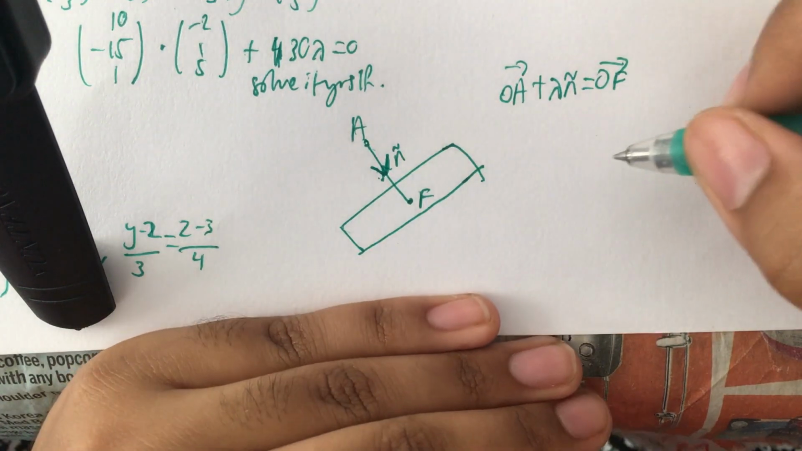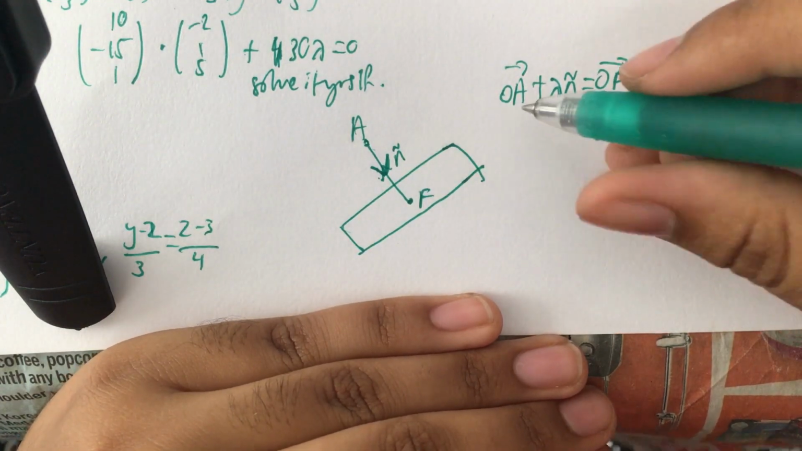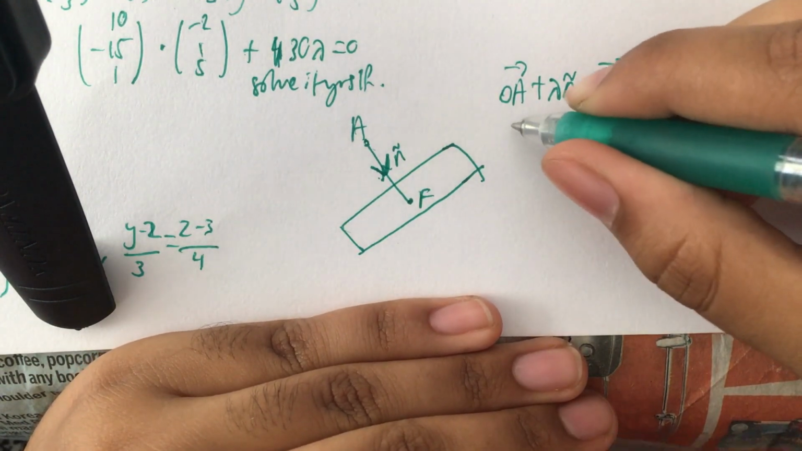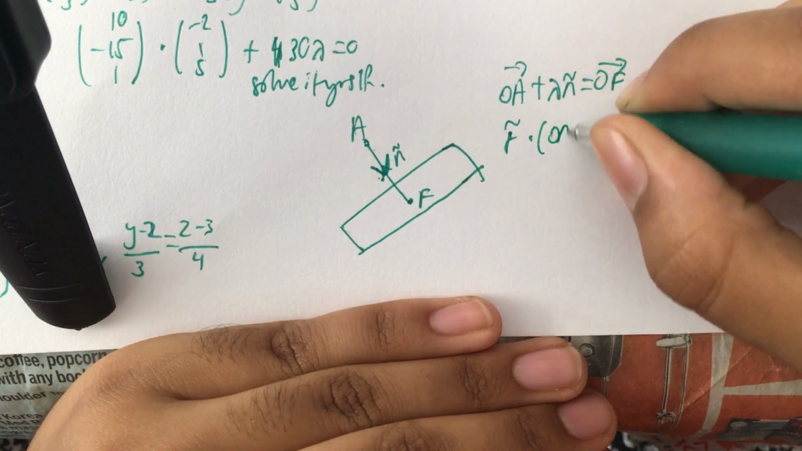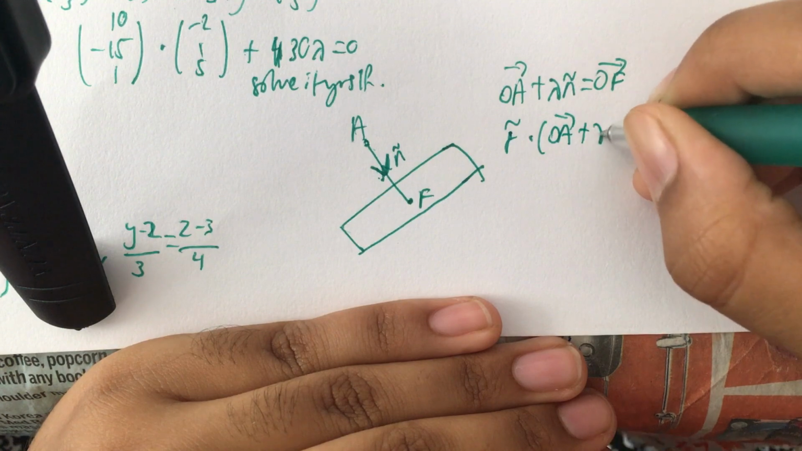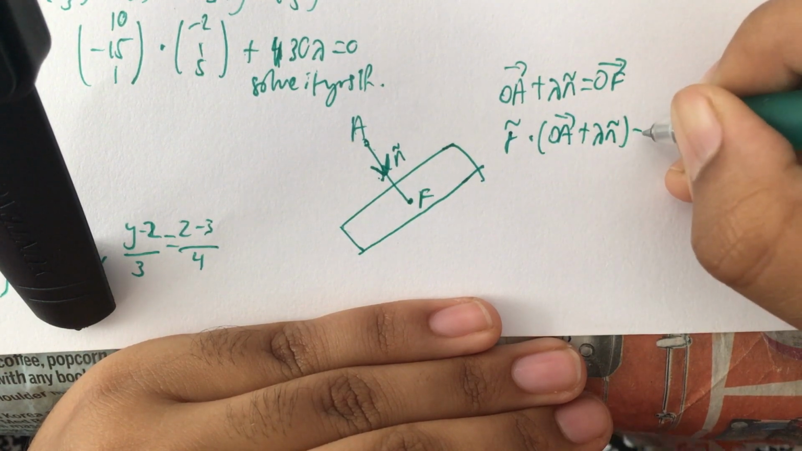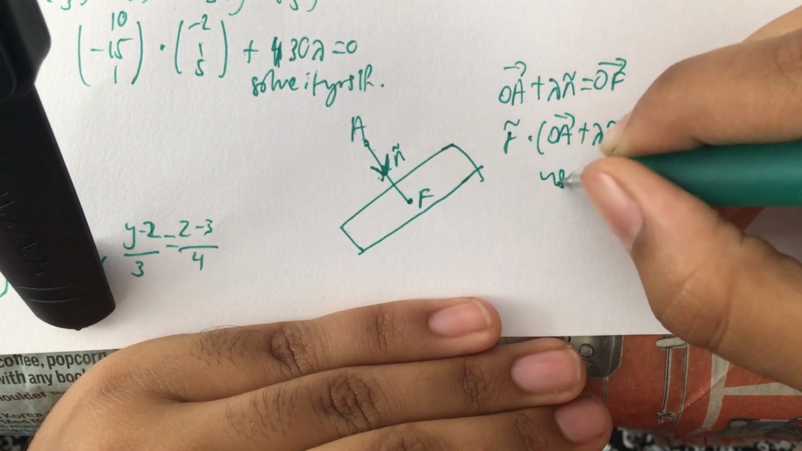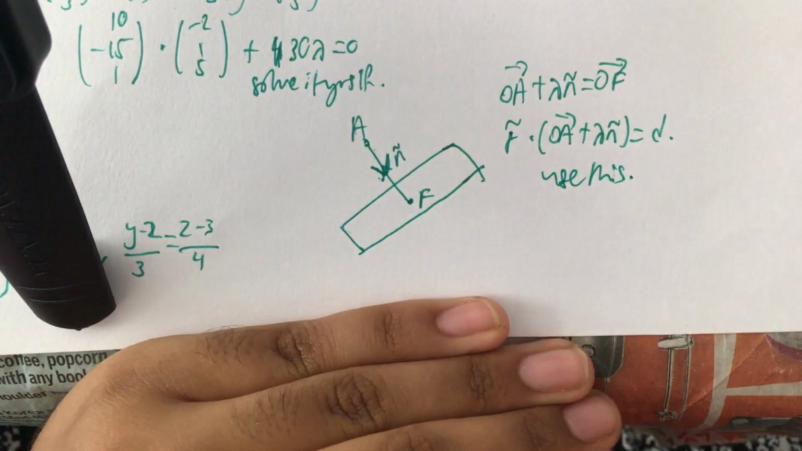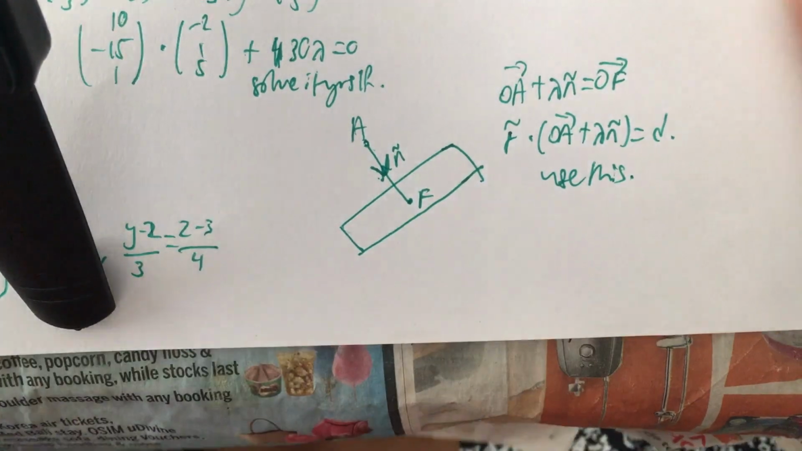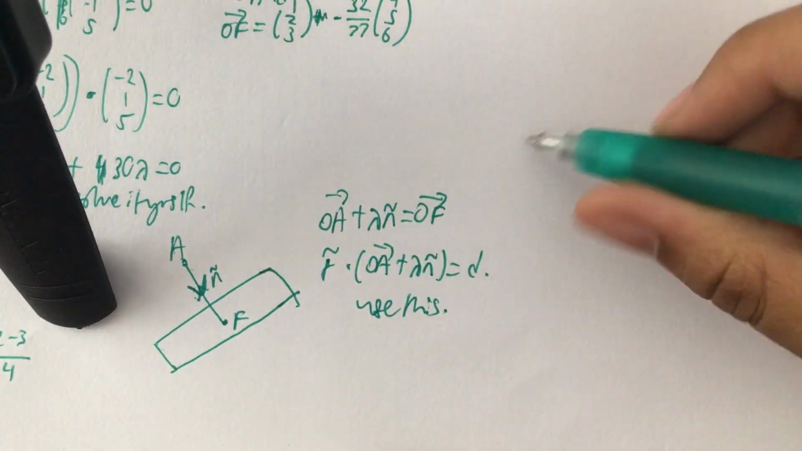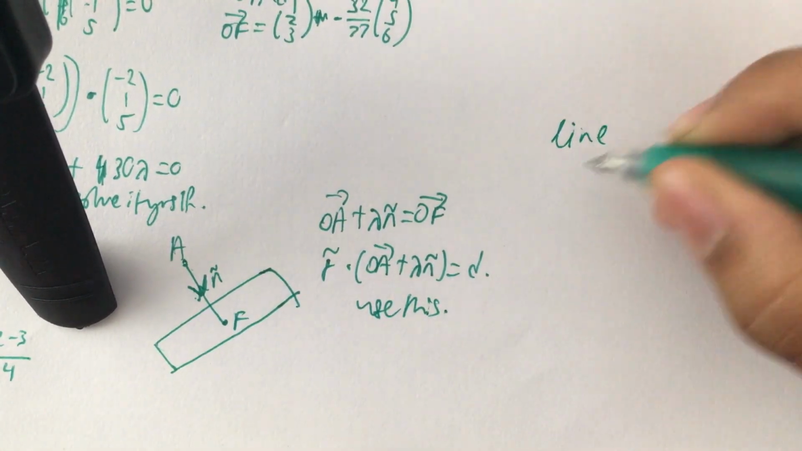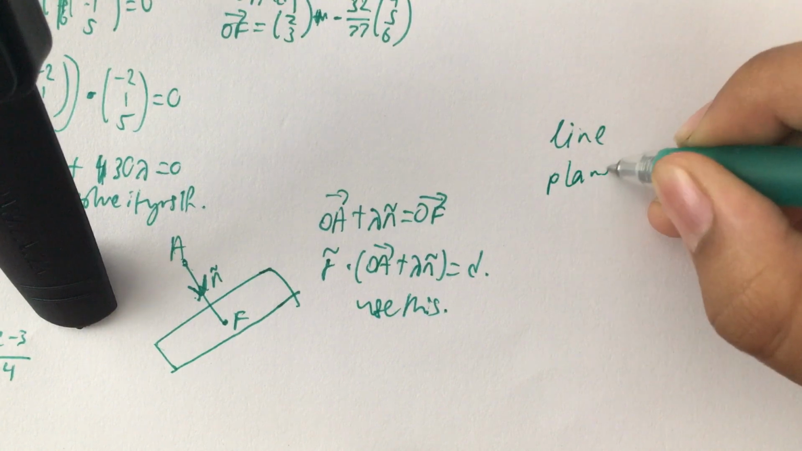So the next one would be to find the angle between two lines, between a line and a plane, or between two planes. For two lines, we use the dot product, which is cosine theta. So for two lines and for two planes, we use cosine theta. And for a line and a plane, we will just use the sine theta, because if you use cosine theta, you get the